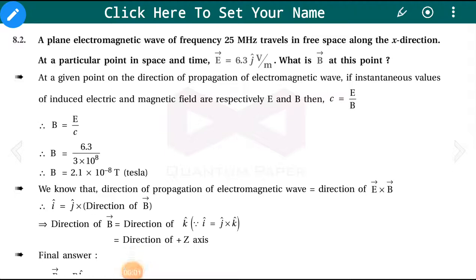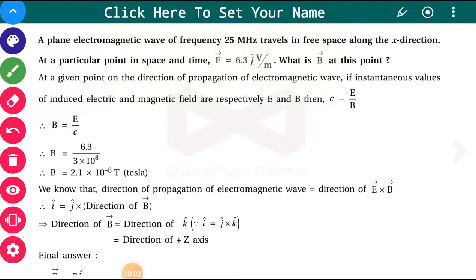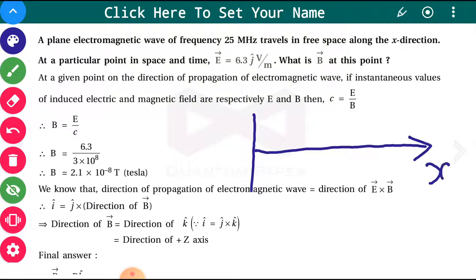Example number 8.2. A plane electromagnetic wave of frequency 25 MHz travels in free space along the x direction. At a particular point in space and time, E is given as 6.3 j cap volt per meter. So now you can understand that if the wave is moving in the x direction, then